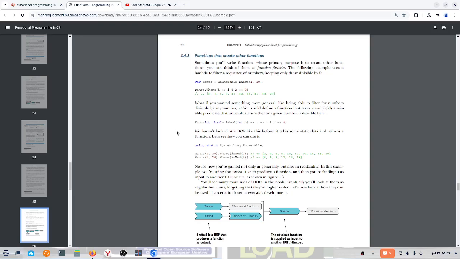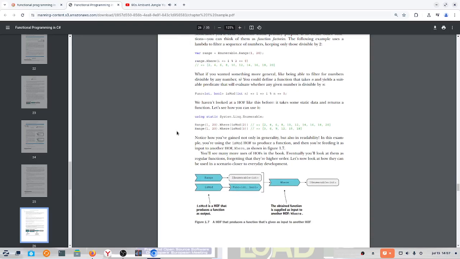In this example, you're using the isMod of to produce a function, and then you're feeding it as input to another HOF, where, as shown in figure 1.7,